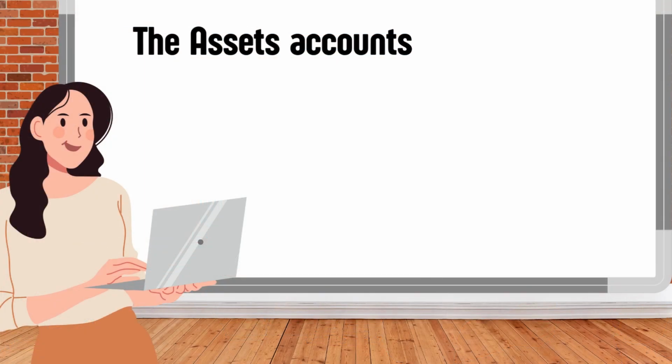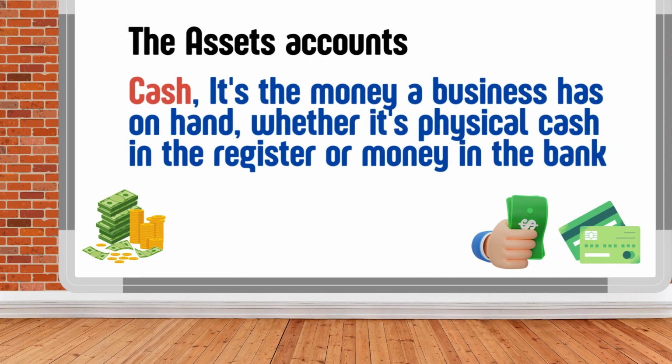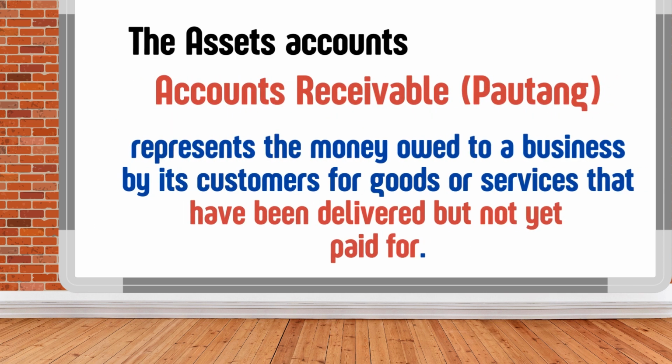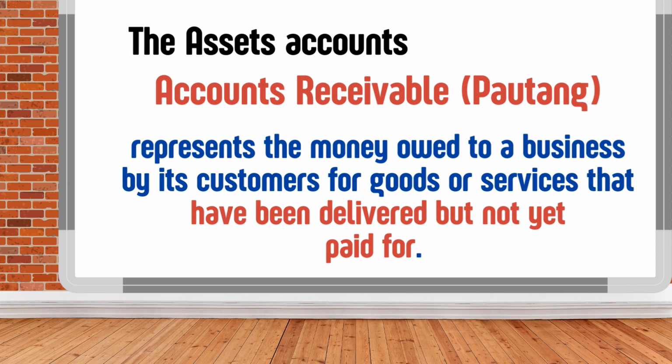The asset accounts. Let's start with cash. Cash is pretty straightforward. It's the money a business has on hand, whether it's physical cash in the register or money in the bank. Think of it as the dollars and cents a company can readily spend to pay for goods, services, or expenses. Next is accounts receivable, which represents the money owed to a business by its customers for